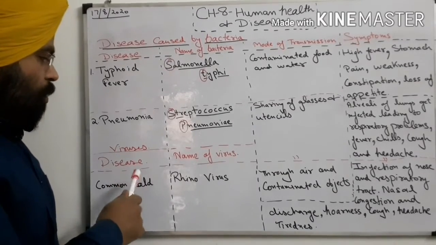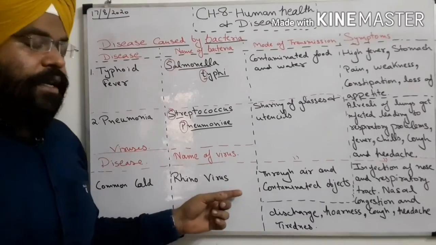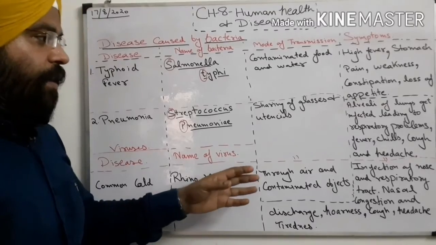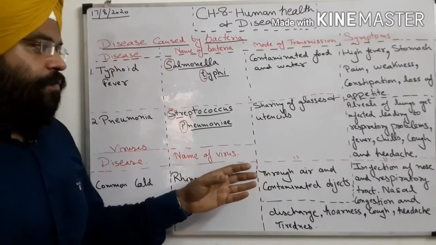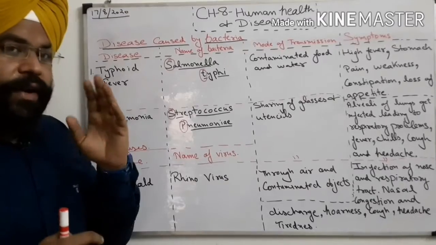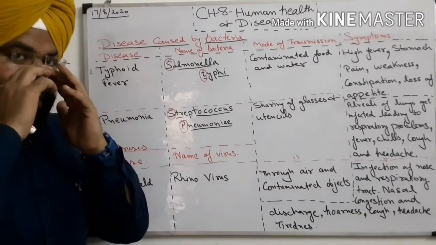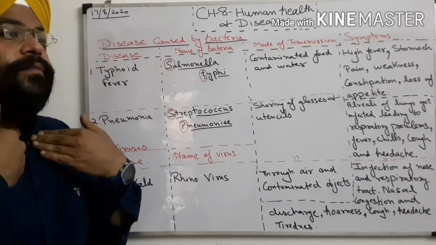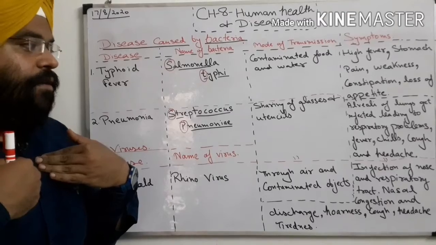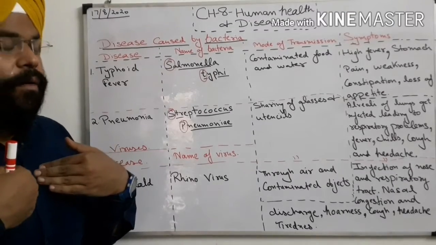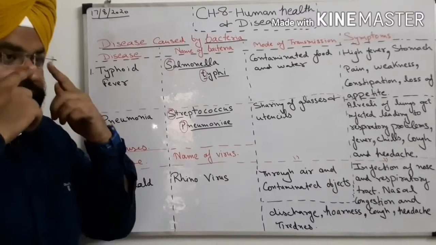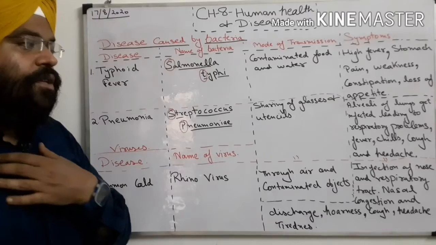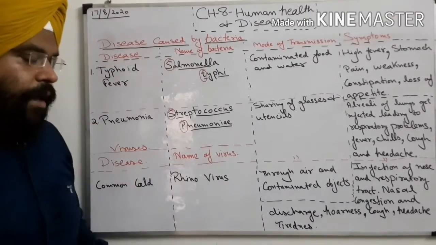Last but not least, the common cold, which is spread by the rhinovirus. It could be spread by the air or by contaminated objects around us. It is an infection of the nose and respiratory tract, the windpipe, where you take in oxygen and the carbon dioxide goes out. Further, there could be nasal congestion, so you have problems breathing, hoarseness in your voice, a lot of cough, headache, and tiredness.